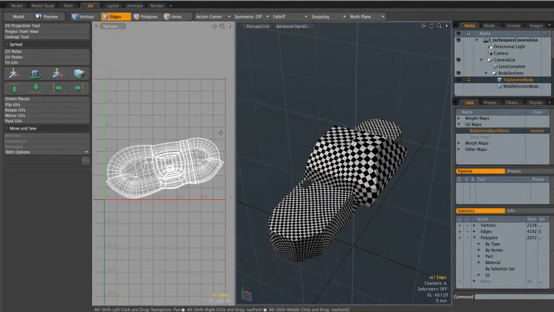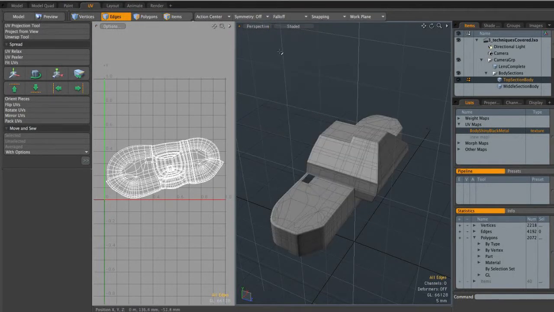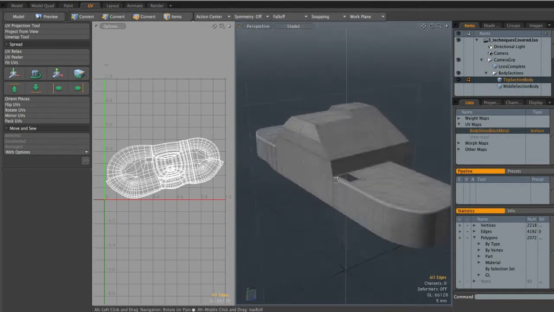Just makes it a little bit easier to see what's going on. And I'm also going to turn off Advanced OpenGL. I'm going to put that back to shaded mode. Now, before I start selecting edges, I quickly want to go in and take a look at our model and